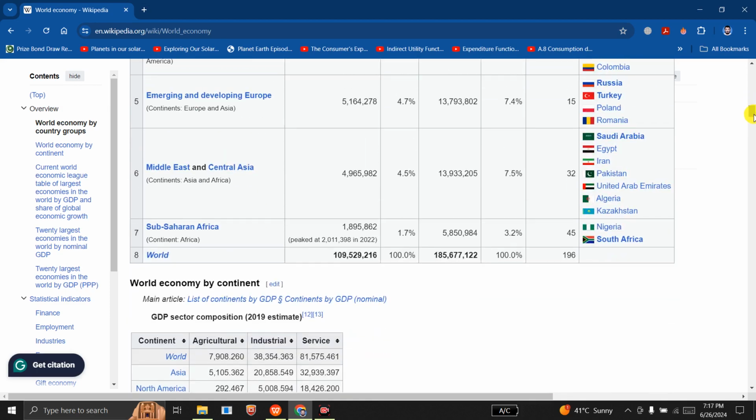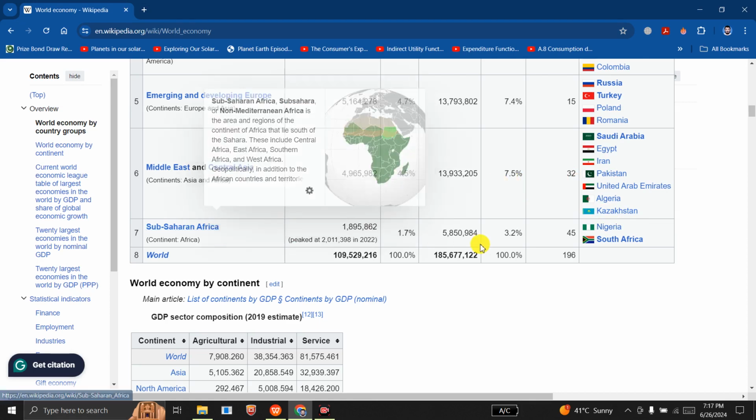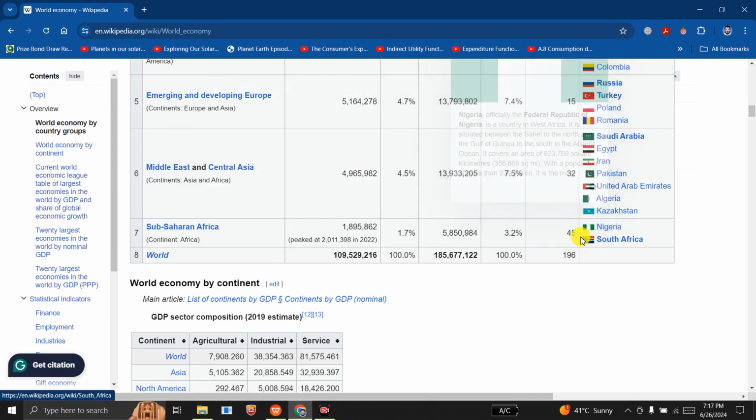And we also have Middle East and Central Asia, and these include Saudi Arabia, Egypt, Iran, Pakistan, UAE, Algeria, Kazakhstan. For the Middle East and Central Asia there are 32 countries, and the growth rate for this region is 7.5%. Then we have Sub-Saharan Africa, and there are 45 countries in this group, and the growth rate for this group was 3.2. And for the world this is